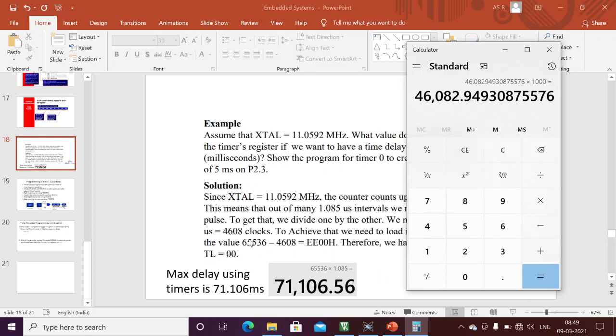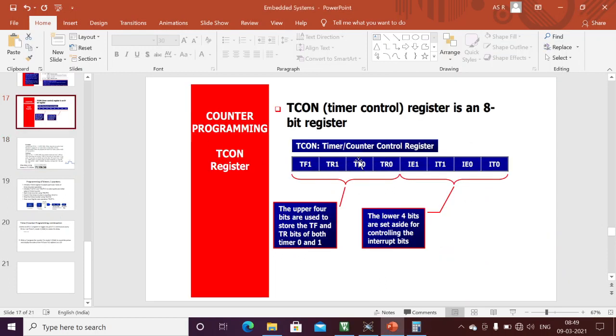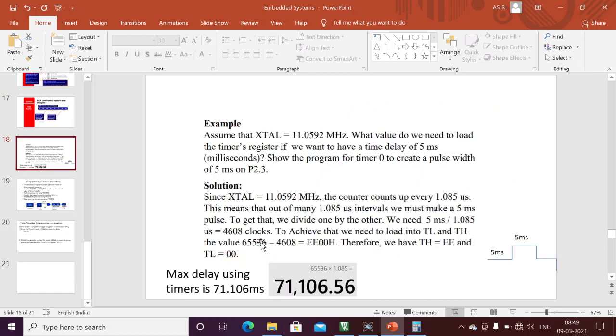Why? Because my timer always overflows at this value. Whenever my timer overflows, I have a bit to detect it. Here we have TF0 and TF1, so that I am able to identify whenever the timer overflows. That's why I am always subtracting from the max value.